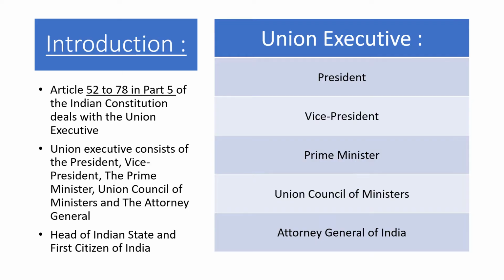In India, the President is part of the Union Executive, and the Union Executive is dealt with in Articles 52 to 78 in Part 5 of the Indian Constitution. The Union Executive consists of the President, the Vice President, the Prime Minister, the Union Council of Ministers and the Attorney General of India. The President is also called the head of the Indian state and the first citizen of